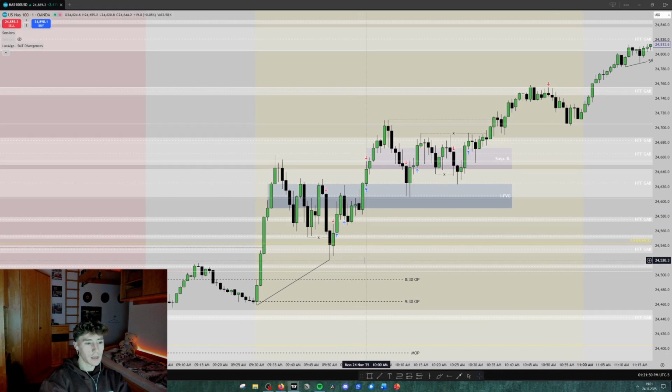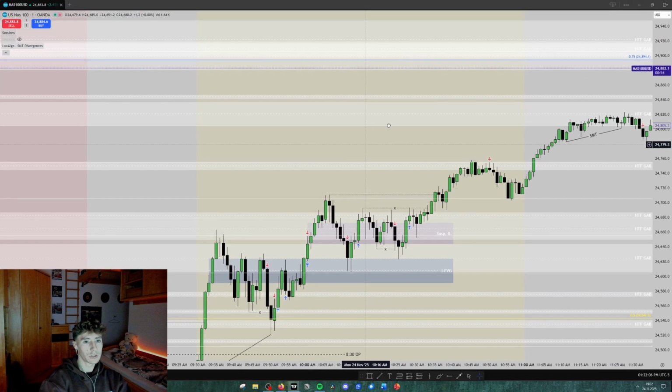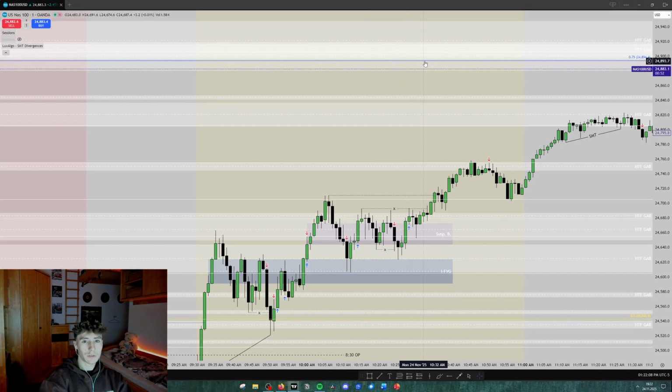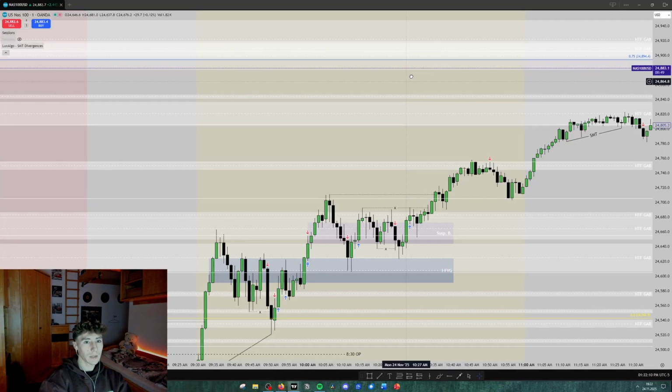So 10 a.m. that's within our macro. We have SMT. We have a change in the state of delivery. We are trading aligned with the higher time frame, and therefore that's a really valid opportunity to basically look for longs, especially because we still want to reach the upper quadrant of the hourly price range, as I showed you